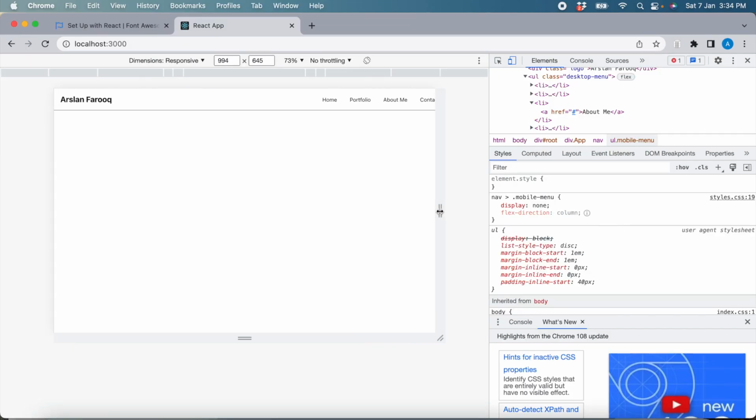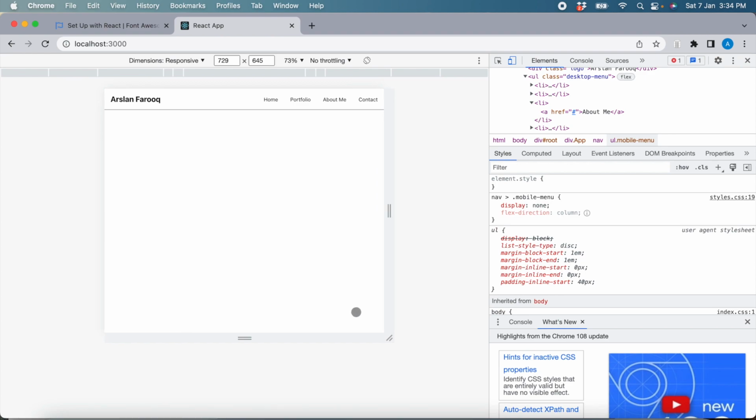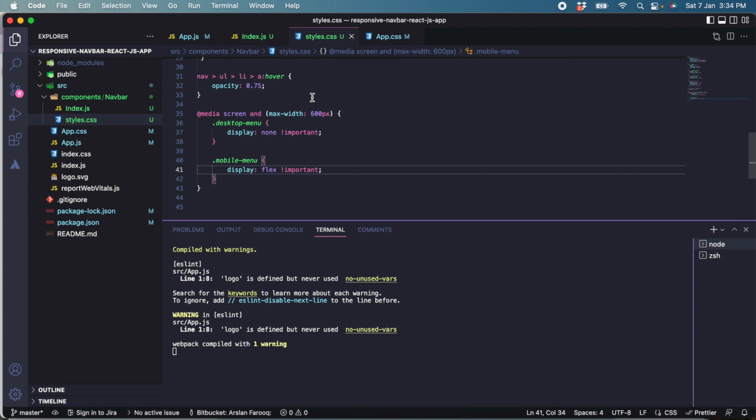Okay, so here we can see on our desktop screen we have a full menu visible, and when the screen gets smaller, our vertical menu is being shown. So we need to make a couple of adjustments here. So let's go to Visual Studio Code,